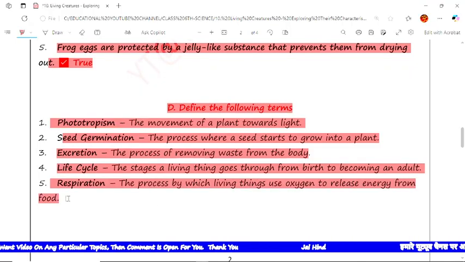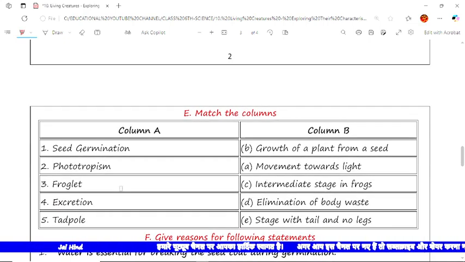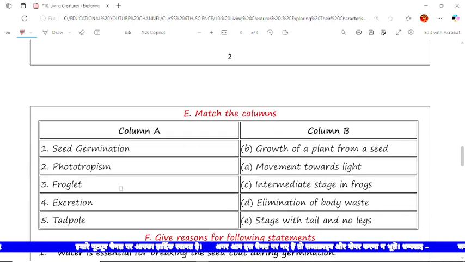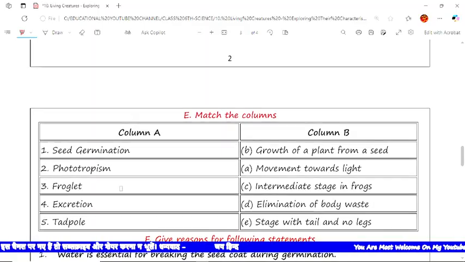Now the next question is, match the columns. Here two columns are given, column A and column B. In column A, the options are given, and in column B, the correct options are written. So first is